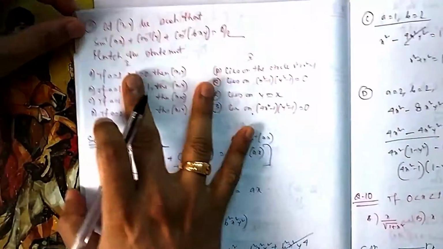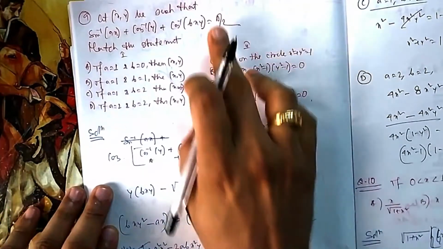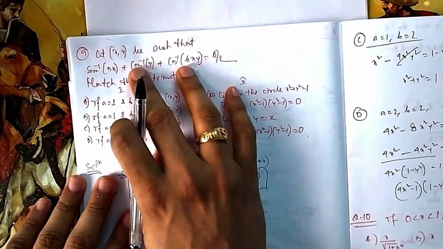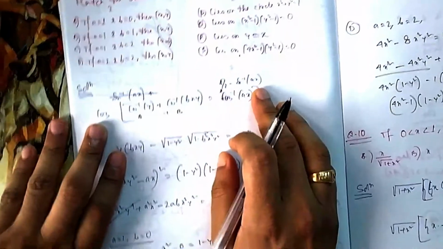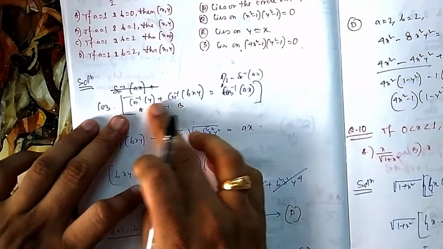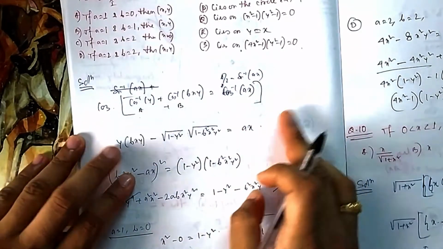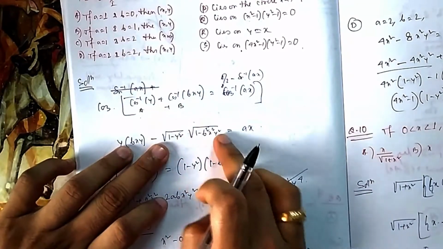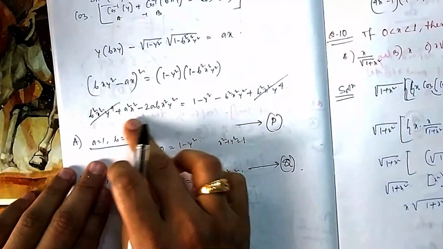Now if you come to question number 9, sin inverse plus this is equal to pi by 2. Again there is a temptation here. So this cos we will keep there, because we can apply cos A plus B. We take this sin to that side, so pi by 2 minus, and this will also become cos. If I apply the cos A plus B formula, the cos inverse and that cos inverse get cancelled out. Cos A cos B minus sin A sin B. If you open this, you will get something of this fashion.